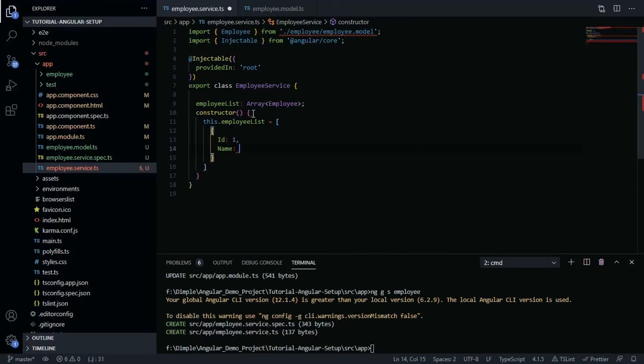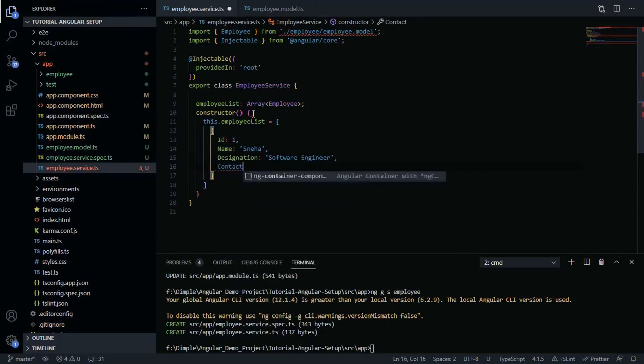Okay, so I'll say Sneha, designation, software engineer, and contact number.